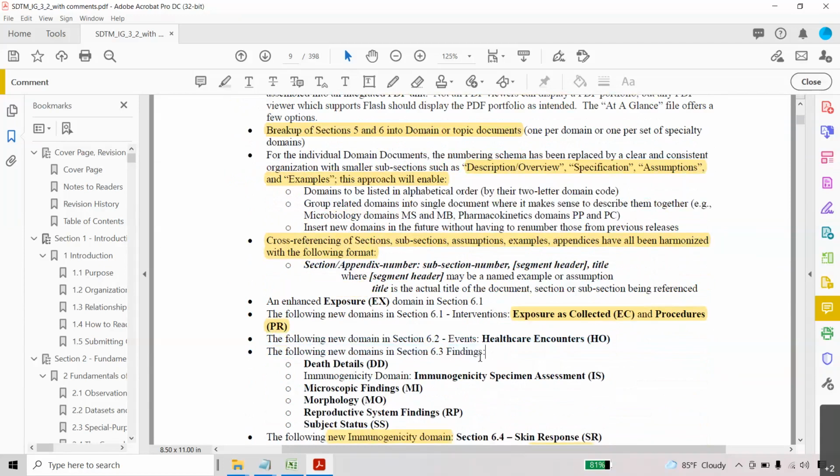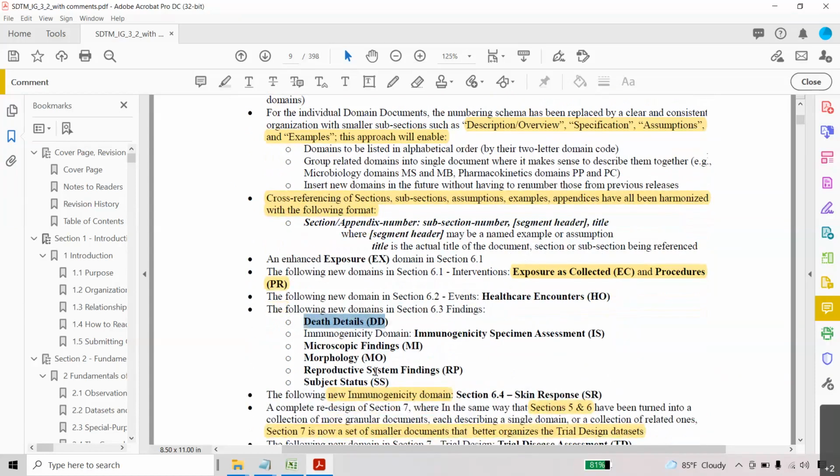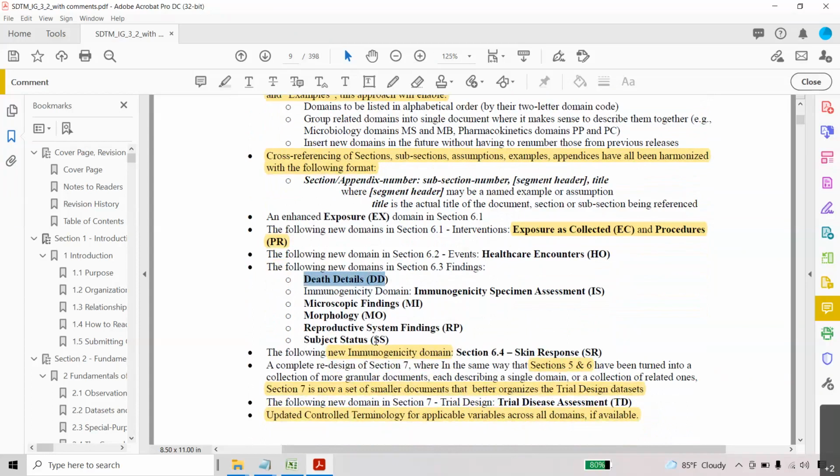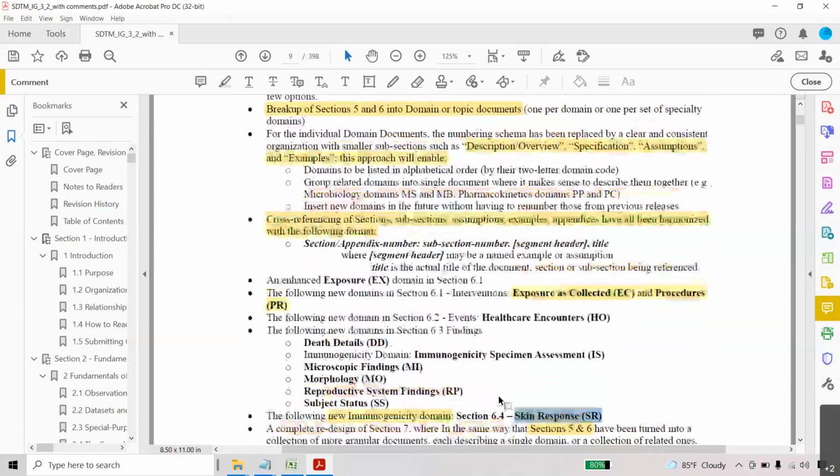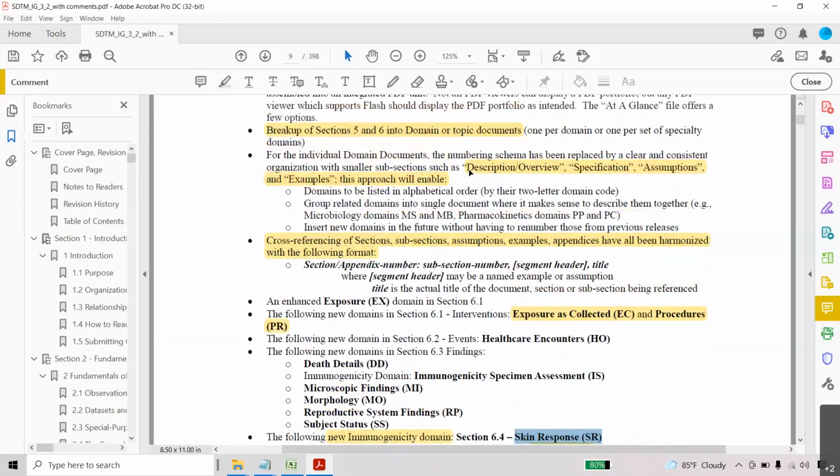In the findings general observation class, these domains have been included: death details, microscopic findings, morphology, reproductive system findings. And in section 6.4, they implemented skin response.